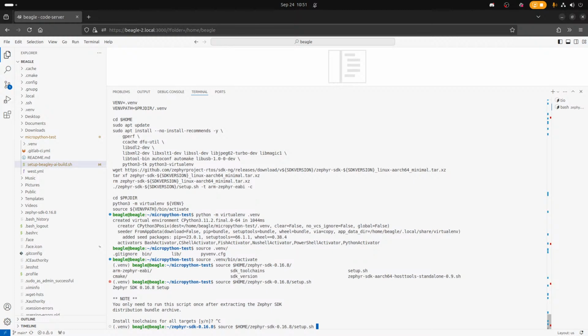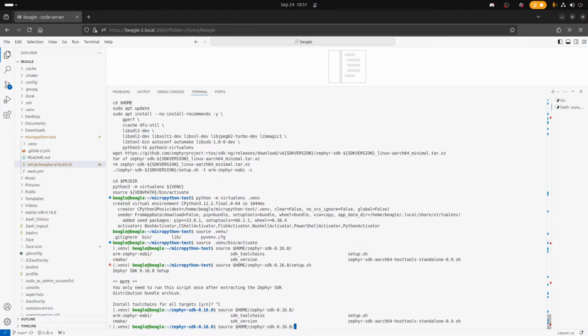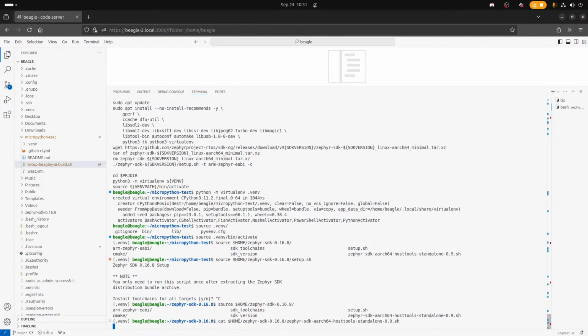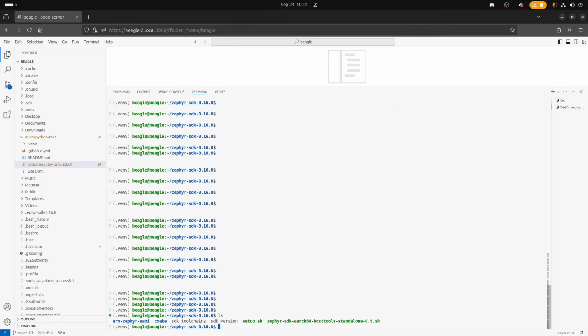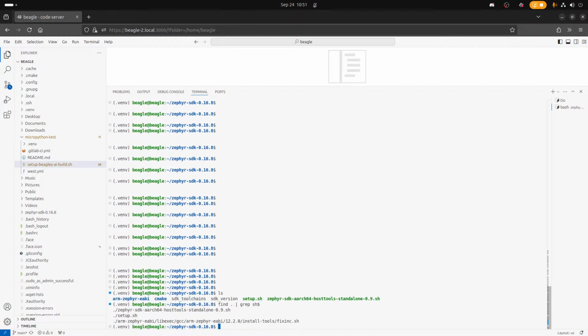If you do a west init in the Zephyr folder, there is an environment file somewhere. Let me check. Yeah, I used it in one of the CIs at some point. Okay, inside the Zephyr folder, there will be a zephyr-env.sh.